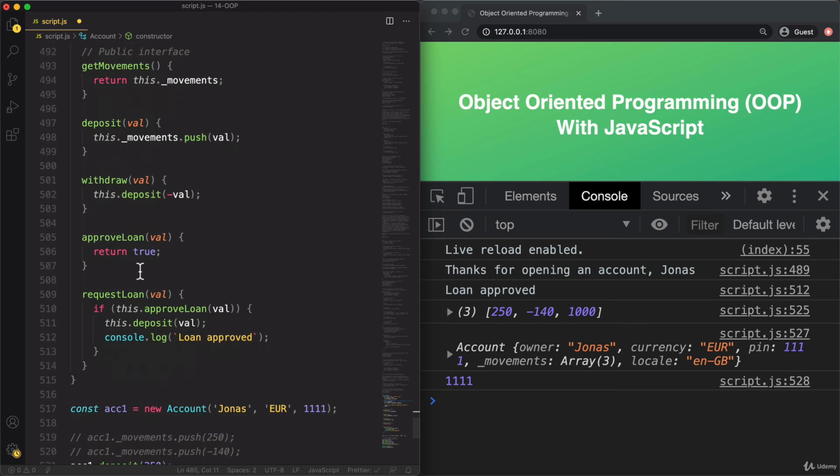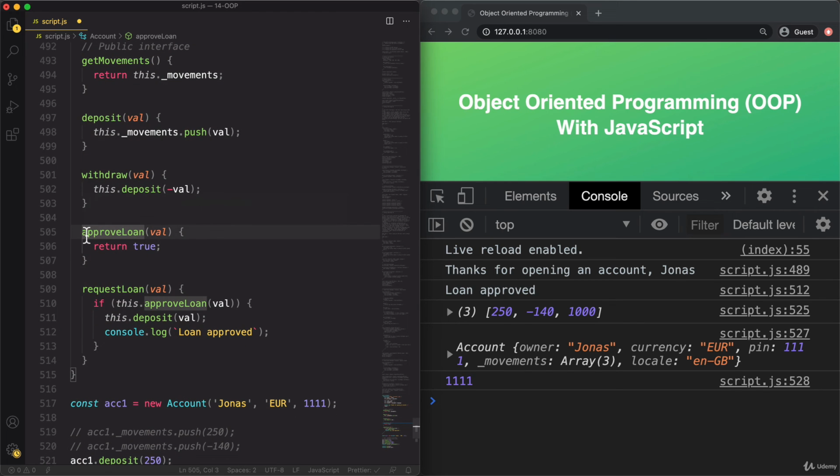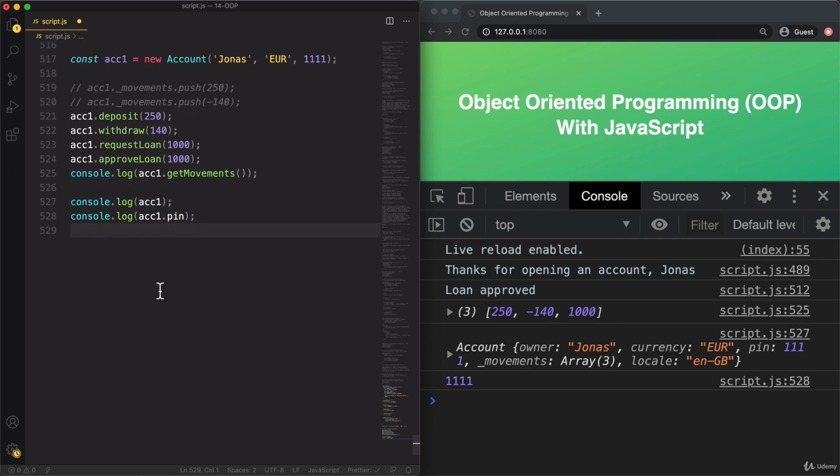To finish, let's just also protect then the approve loan method. So this one I also mentioned by the end of the previous lecture. So this is a method that is only supposed to be used internally by the bank, let's say, basically just to check if a loan should be approved. So essentially, this method here should not be part of the public API, but all the others should be. So right now we are protecting this method, and so our public API right now consists of these other 4 remaining methods. All right. So this is how we protect fields from unwanted access.